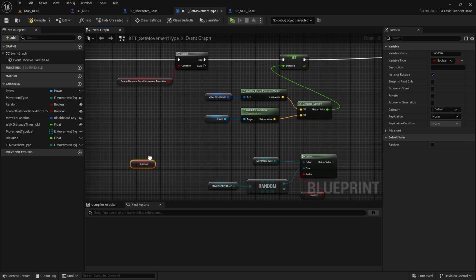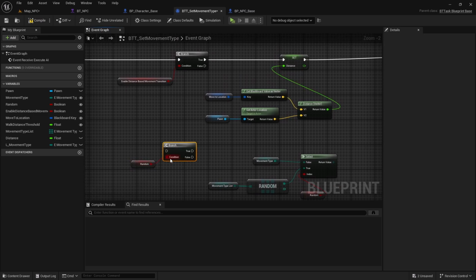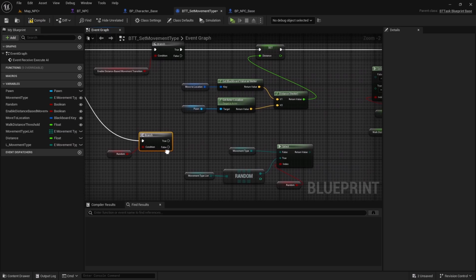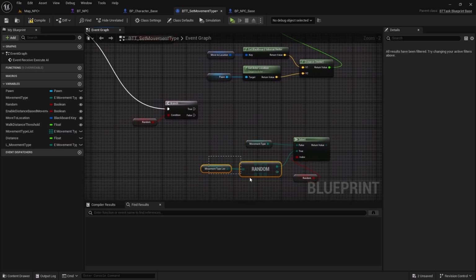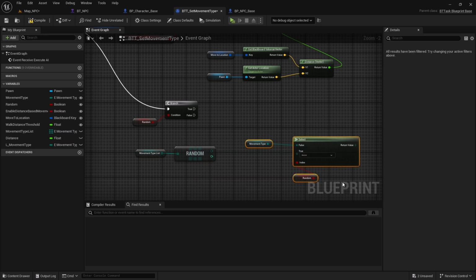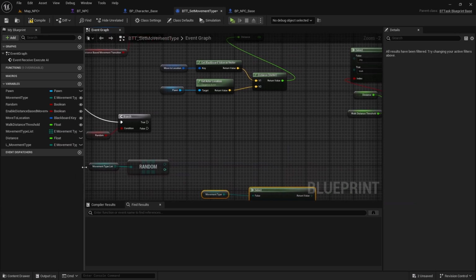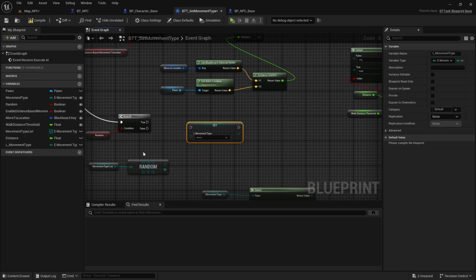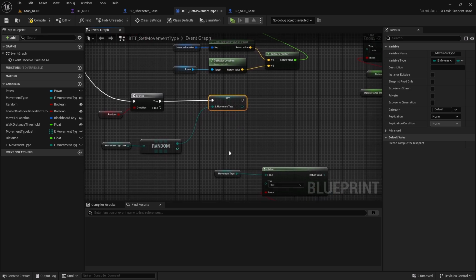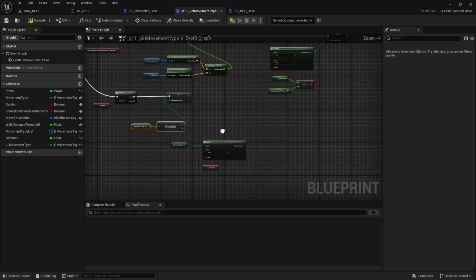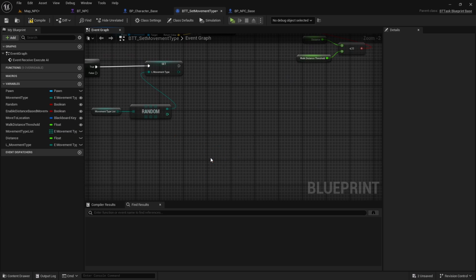Or if I enable randomization, then I'm going to select a random array element from this movement type list by setting this L movement type, right? So I can get rid of this one,